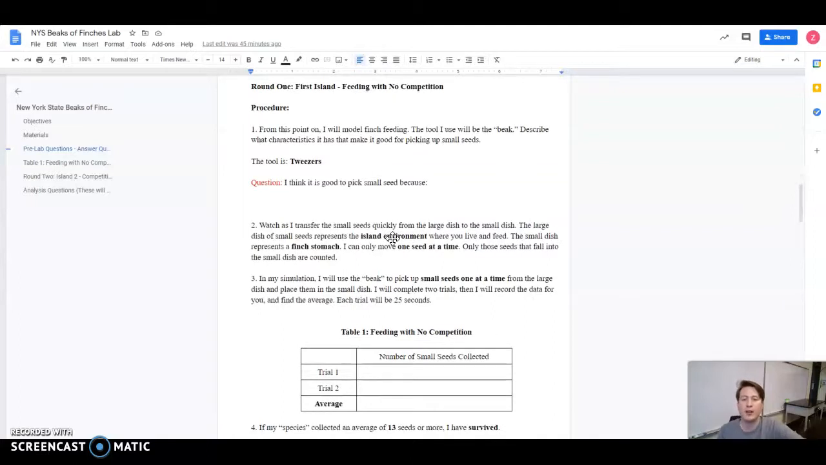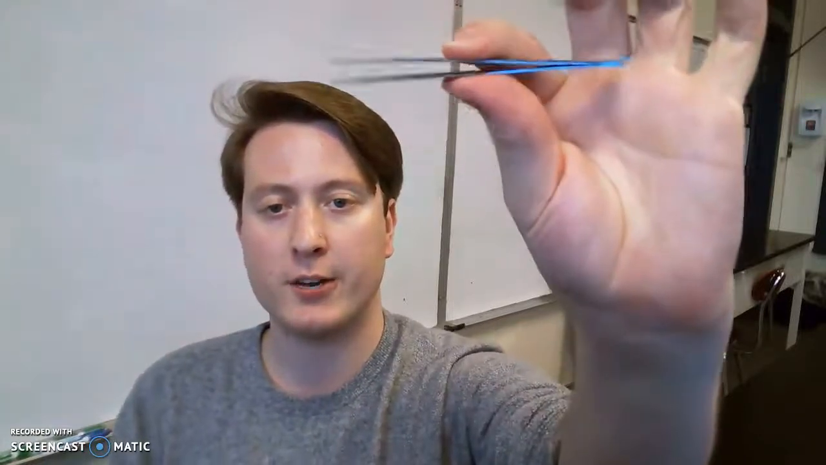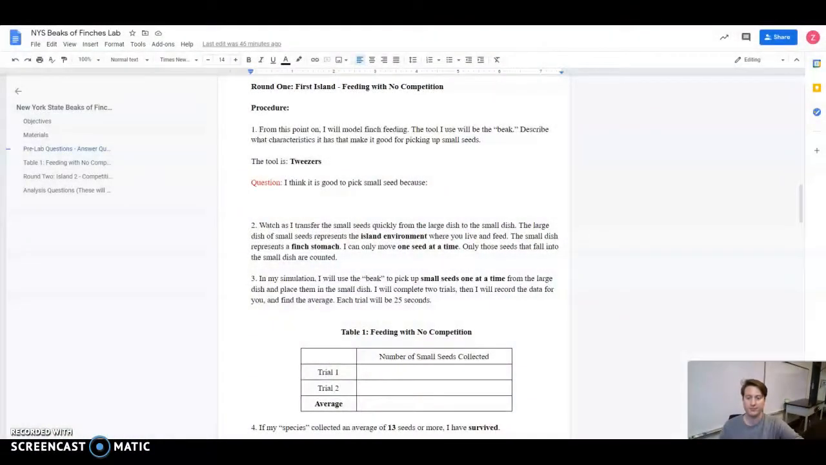Okay, so from this point on, I'll be modeling the finch feeding. The tool I'll use will be the beak. I want you to describe what characteristics it has that you think will be helpful for picking up small seeds. So the tool I'm going to be using for picking up small seeds is the pair of tweezers. So go ahead and pause the video and answer that question. I think the tweezers are good to pick up small seeds because